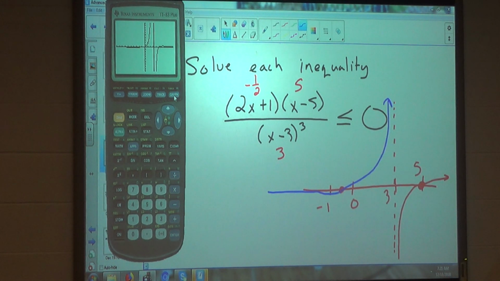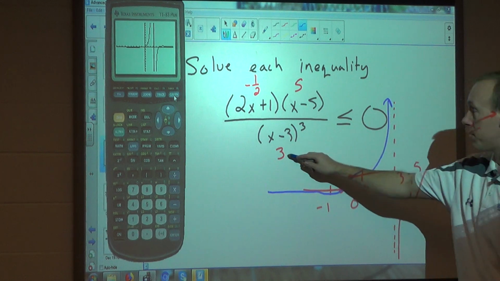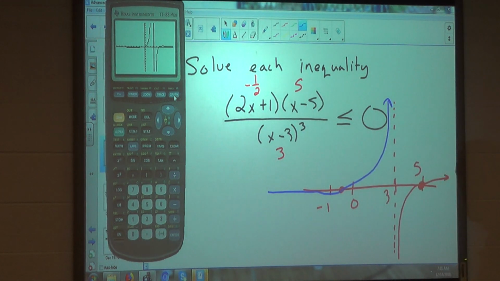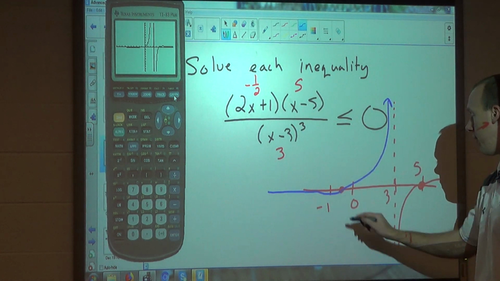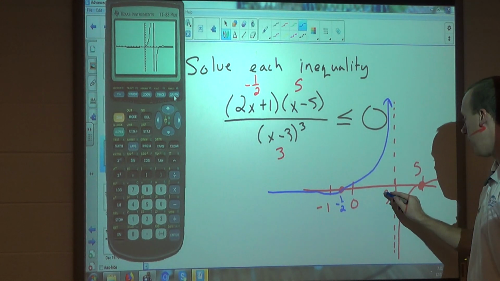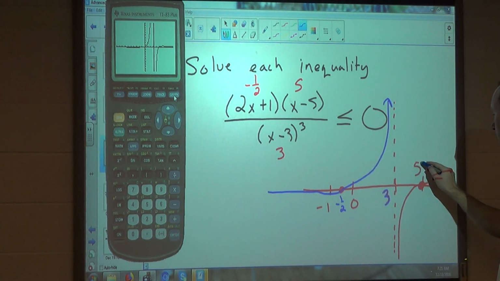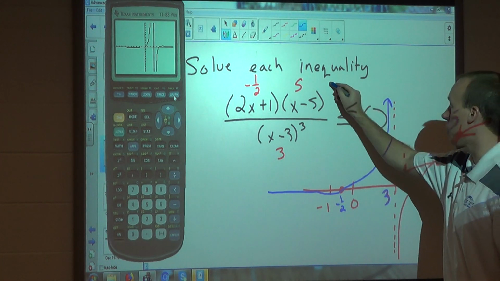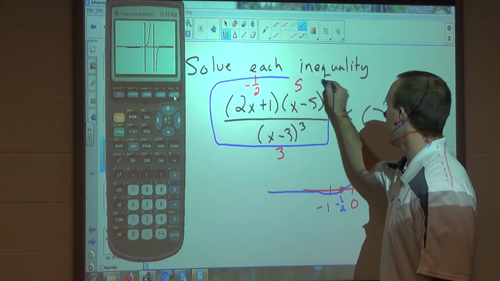Okay, it does not cross any more times though, because these are the 3 spots where things are happening. So it crosses at -0.5, it crosses at 3 there, or it's an asymptote at 3, and then 5. Alright, so we gotta ask ourselves, where is this function